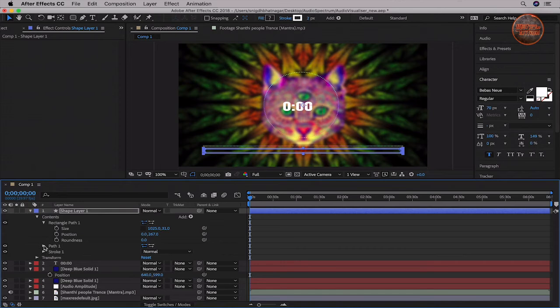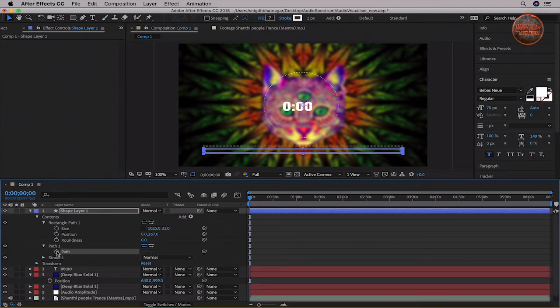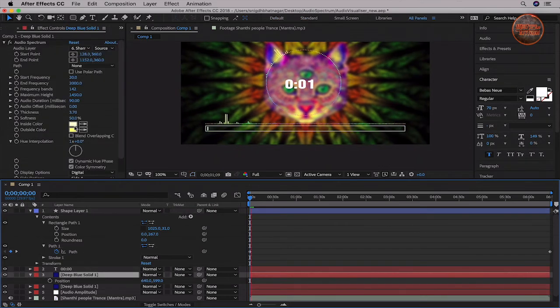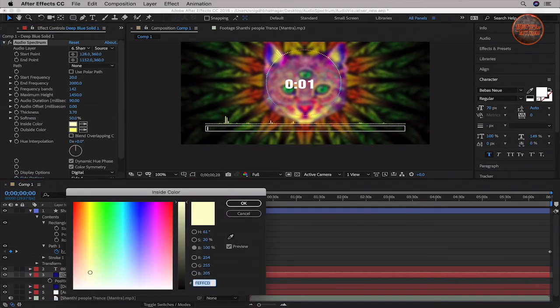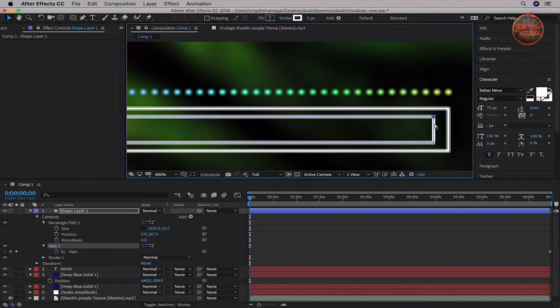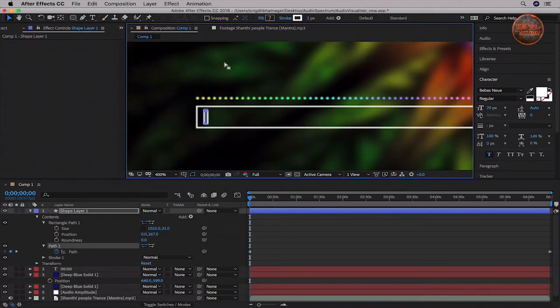Now it's going to be just about animating the path. Click the mask path and click on the stopwatch once to apply a keyframe. Drag it to the end of the timeline. Next, zoom in and go to the end of the path. Double click on the path, select the middle anchor point and ensure that the playhead is in the beginning of the timeline. Drag the path to the beginning of the timeline to a point where it is not visible. This is going to be the beginning of my path seek bar animation.